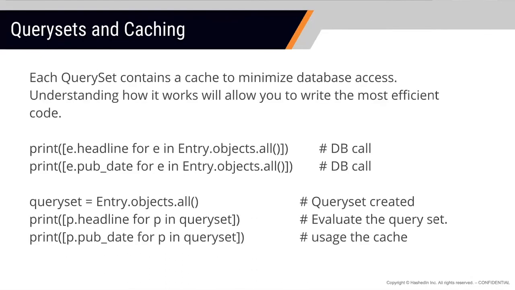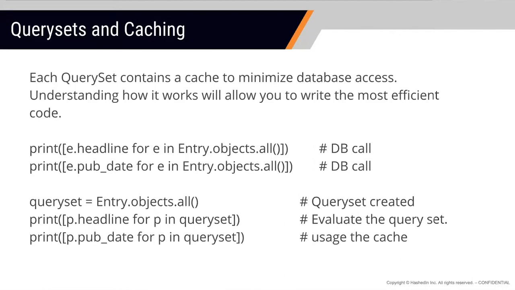Second thing is query sets also get cached, right? To minimize the access to the database, each and every time you're evaluating a query set, it should not make a DB call for the same thing again and again. So it maintains a cache also. So it's also important to understand in what scenario it caches and in what scenario it actually goes to the DB, gets the data and serves it, right?